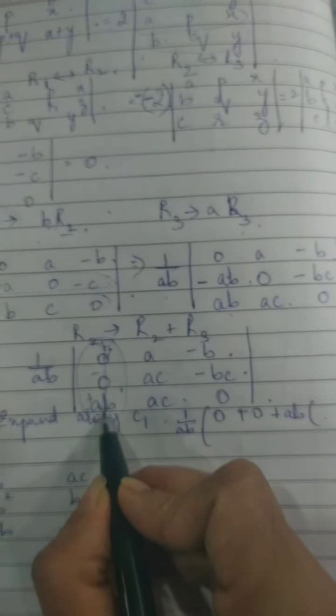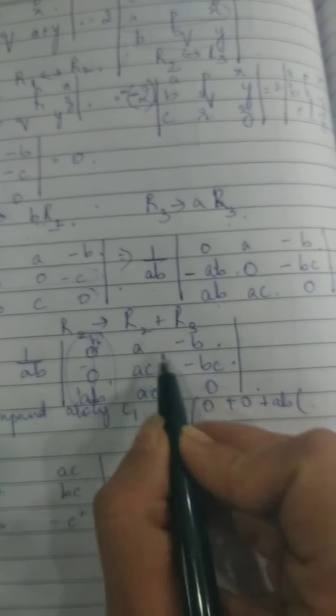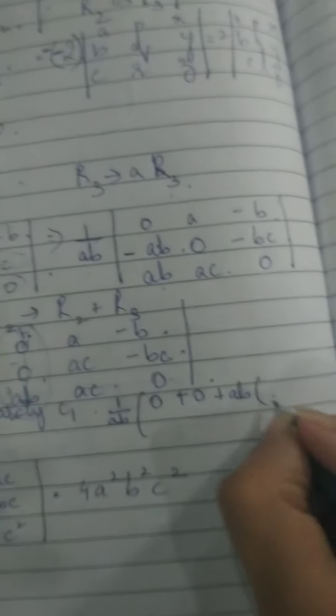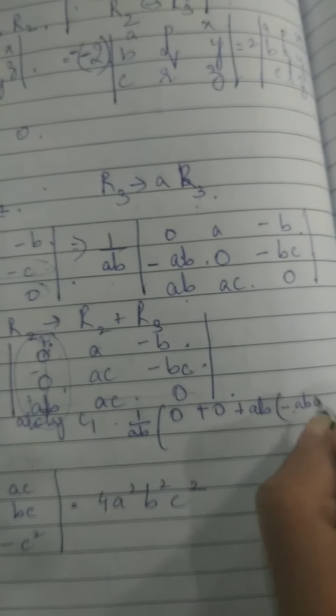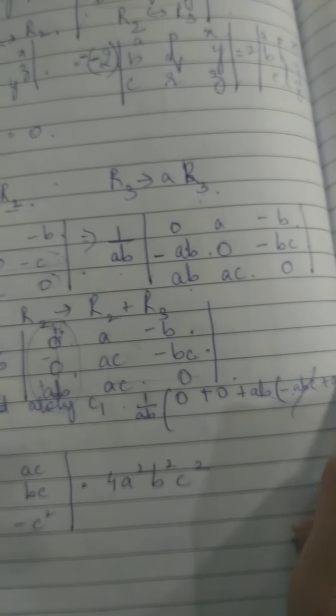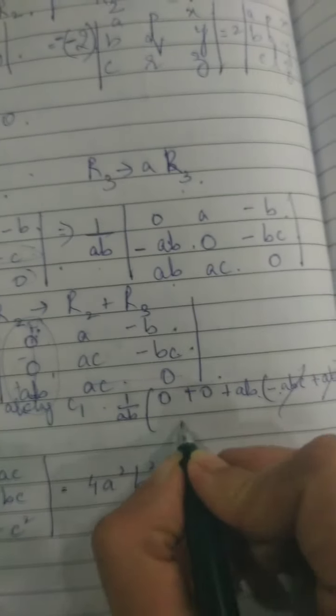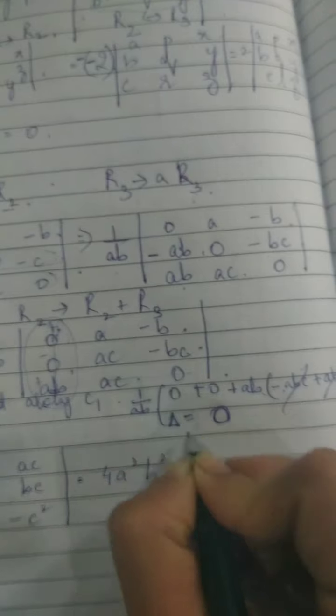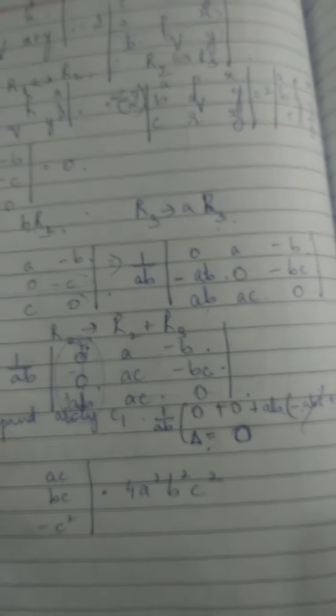eliminate this particular column and this particular row. What are we left with? These elements, find out their determinant. So it's minus ABC minus minus ABC, so plus ABC. Right? So this gets cancelled and comes out to be 0. So the entire determinant value is 0. I hope it's clear. All you need to remember is that if you are multiplying any row or column with a given value, then you have to divide by it at the same time. I hope it's clear, students.